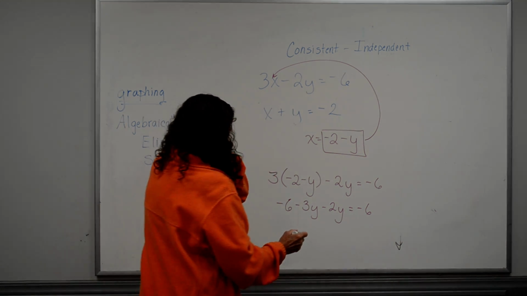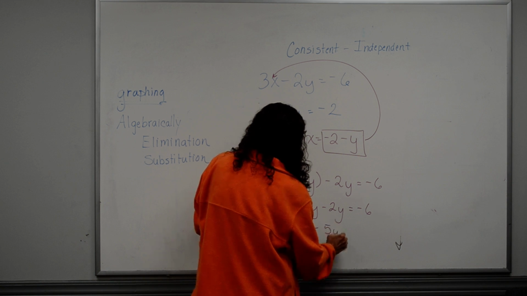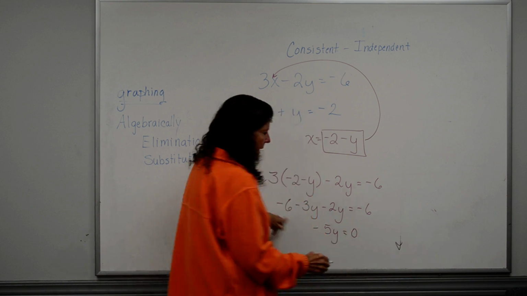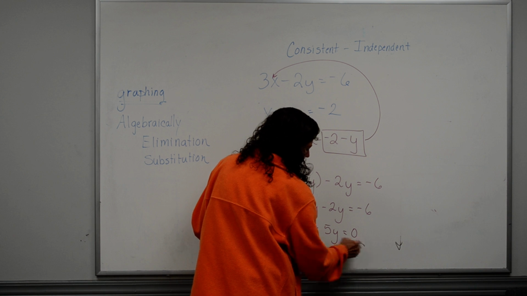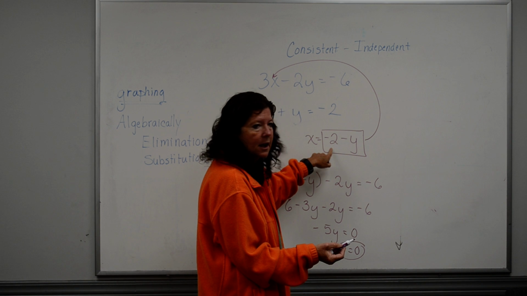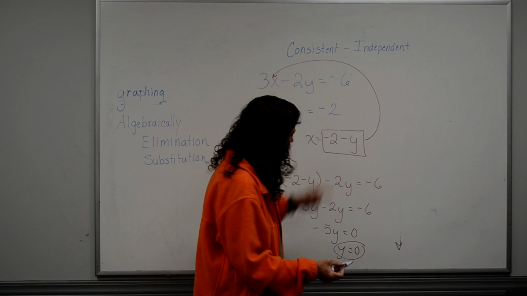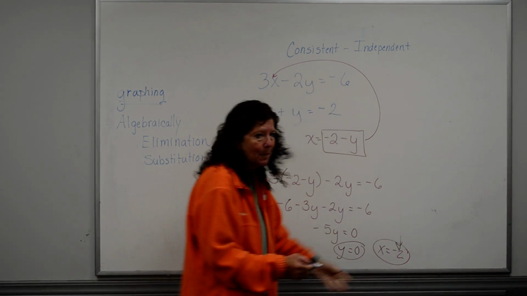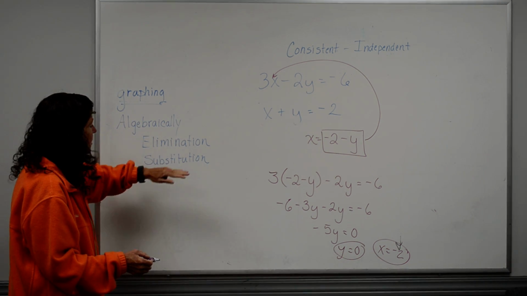So here I've got a -5y, and here I've got 0, because I'm going to add the 6. So when I divide, I'm going to get y is equal to 0, which is what I had. Then I just take it and plug it back into the key. So I have -2 minus 0. So I find that x equals -2. Same answer, whether I did it by graphing, or by elimination,